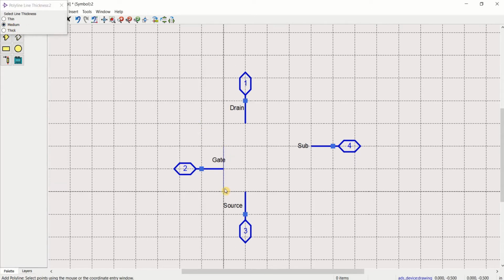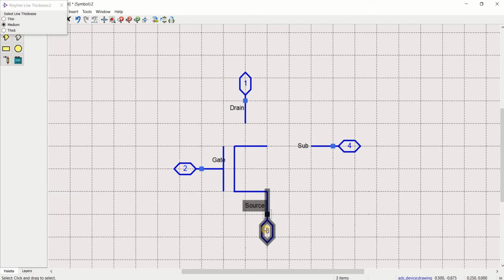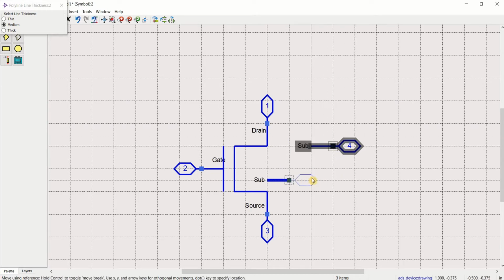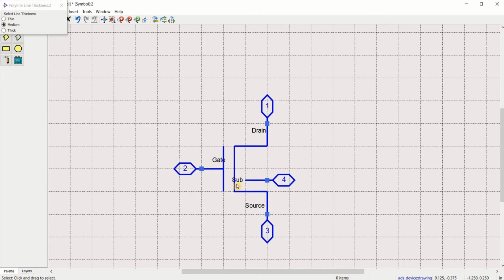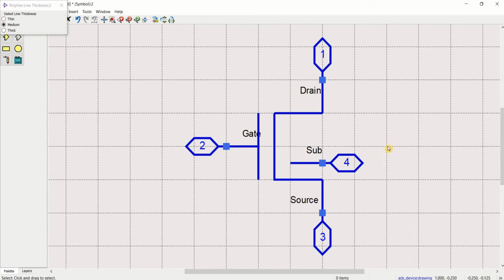Draw the shape of a transistor. You can create your own symbol. Just move them. And the fourth terminal is substrate. You can move this particular text to this side. So this forms the transistor.